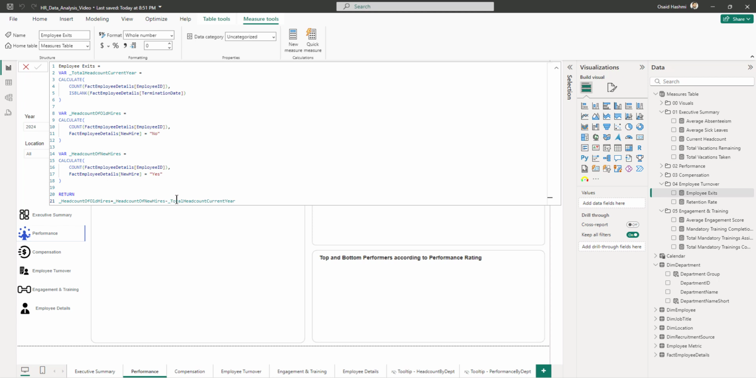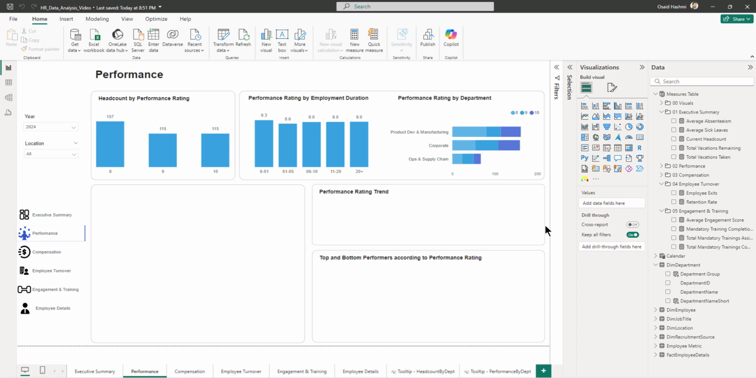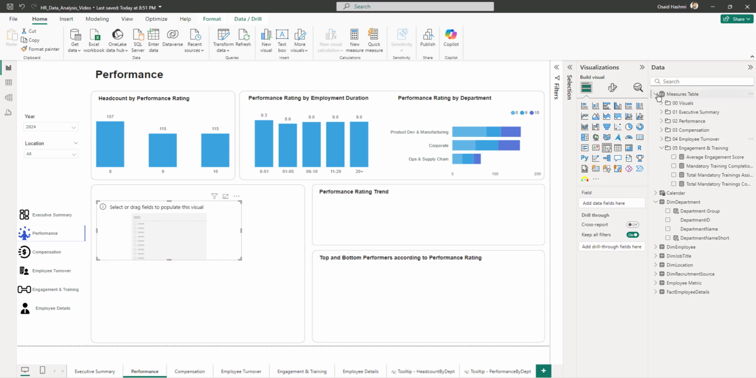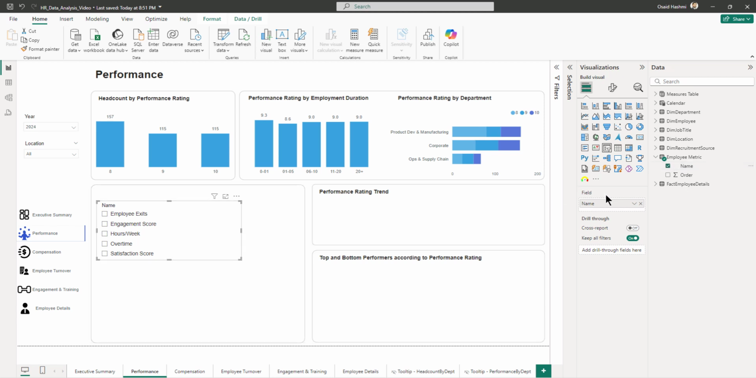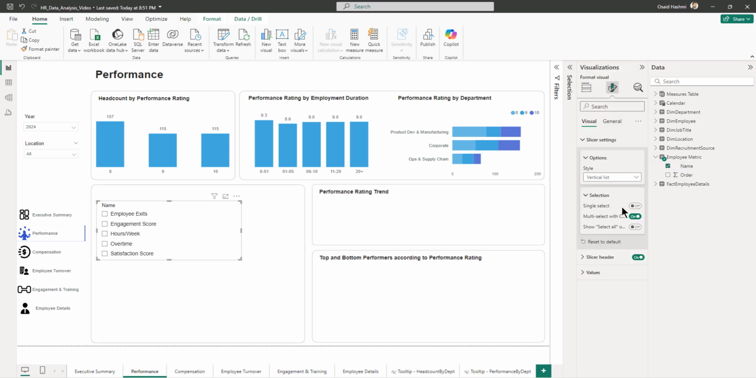And then what we do is that we add the old hires plus the new hires, and then we subtract the total headcount of the current year to get the number of exits. The next step that we have to do is we have to create a filter. So we'll bring in the slicer or the filter, and then we bring in the employee metric that we created. So employee metric, we bring in the name, and we are going to make sure that it's only single select,